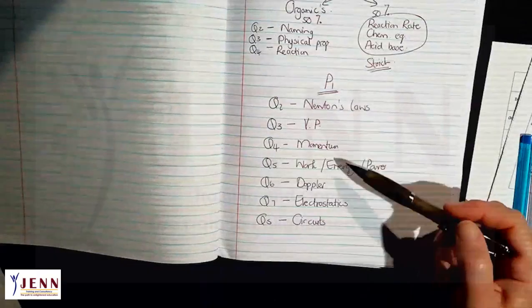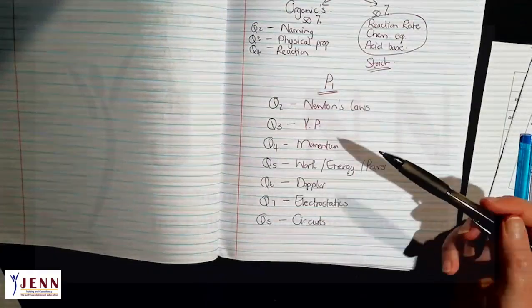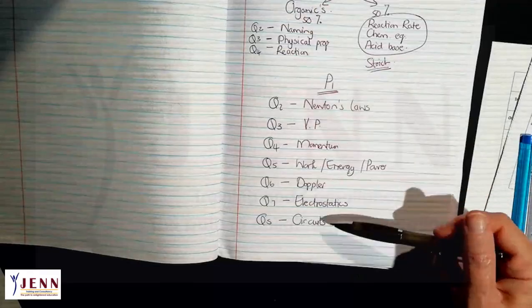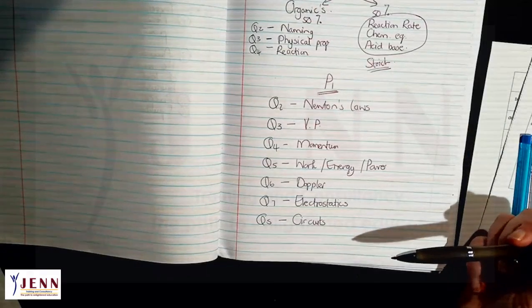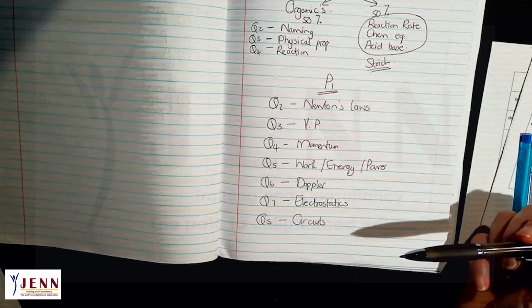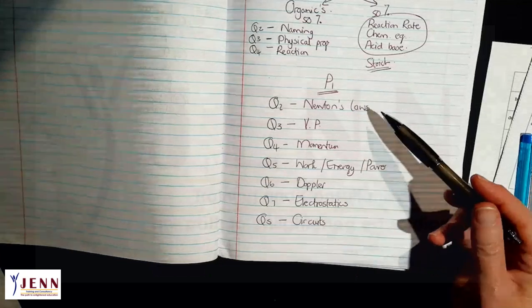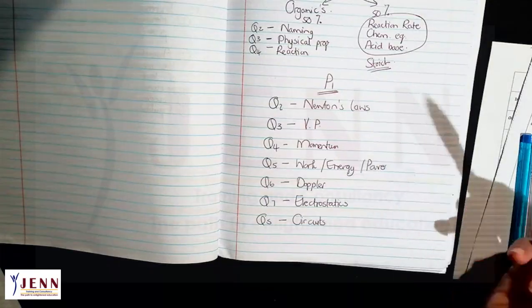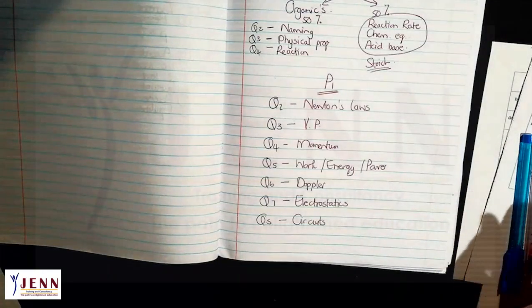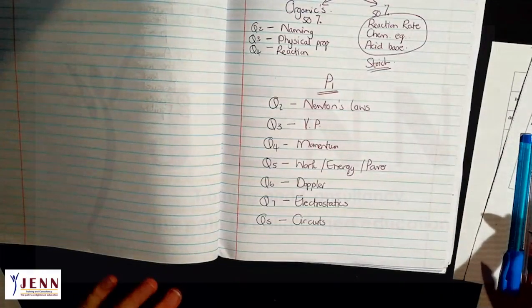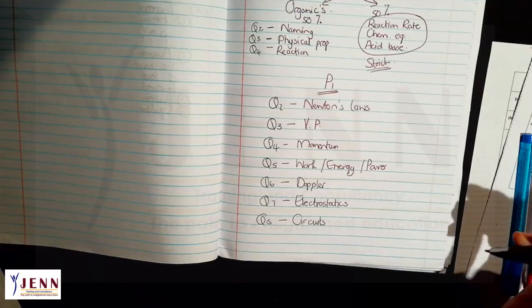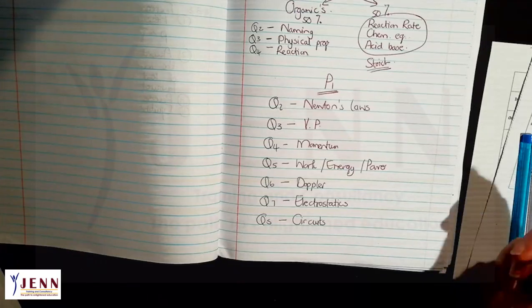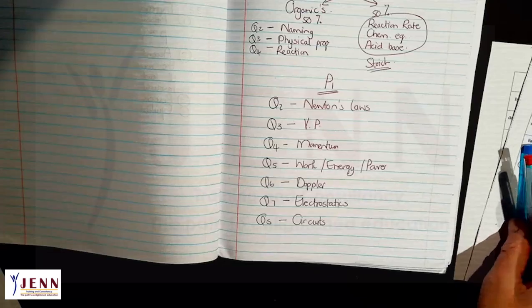But that is how your paper is going to look like, and it's more or less 20 marks on each topic. So one question will be maybe 15 marks, then the other one will be 25 marks. But if you look at your topics, it's more or less 20 marks on a topic. Or sometimes they ask 2 multiple choice on that topic, and then your section B, your longer questions will then just have less marks. But that is how you divide the questions.